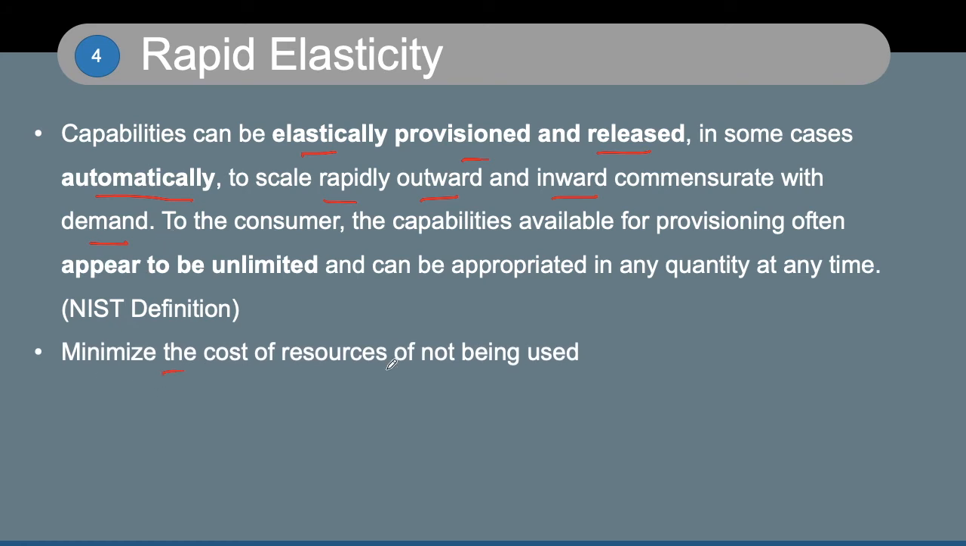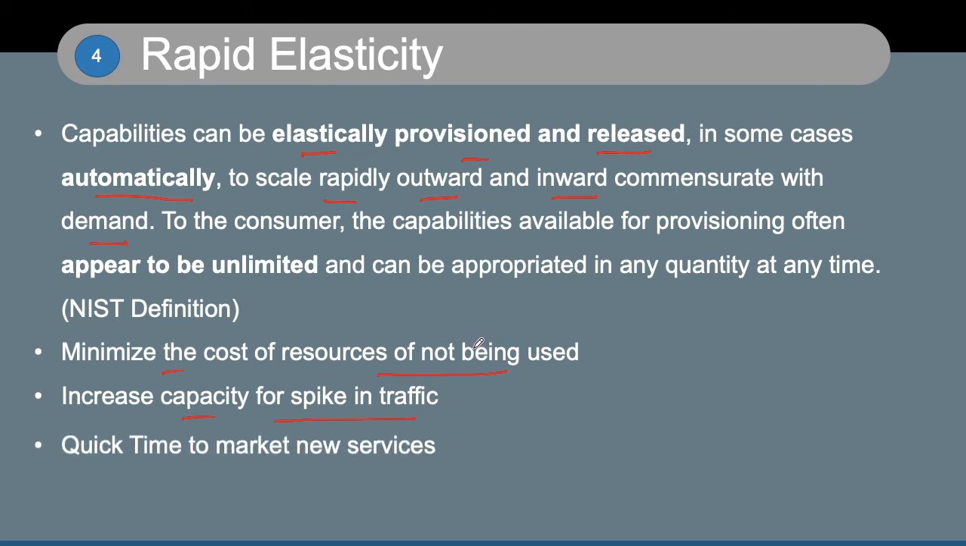Minimize the cost of resources not being used. So you will not pay for the resources that you are not using, you will pay only for the resources you are using at a particular time. Increase capacity for spikes in traffic. This is particularly useful when your traffic is bursty in nature and you need to increase the capacity whenever there is a spike in your traffic. Otherwise you can keep your capacities low. Quick time to market for new services. Because you can increase or decrease the capacity whenever you want, you need very little time to market new services